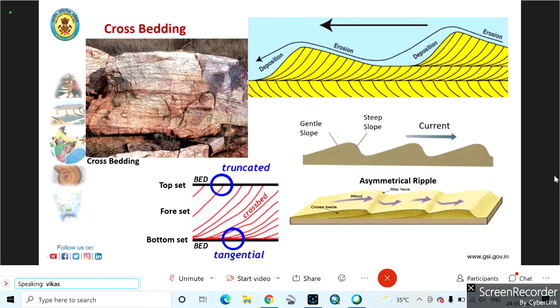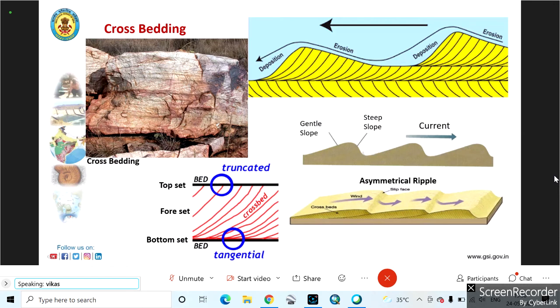Now, identification of these structures is very important, because if you are working in a very highly deformed terrain, you may encounter some overturned beds, or say overturning of the beds will happen. And there, how are you going to identify whether those are overturned? By using these types of structures. Now we know that there are structures called cross beddings, which are very common. And we also know that there are topsets, foresets, and bottomsets within that. So this is how we classify their morphology.